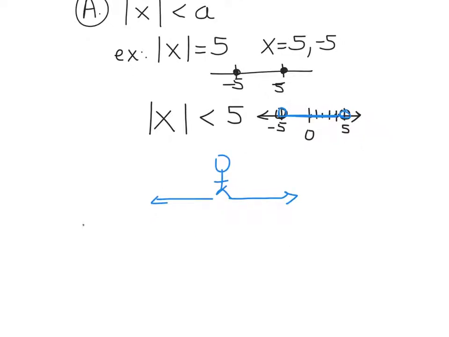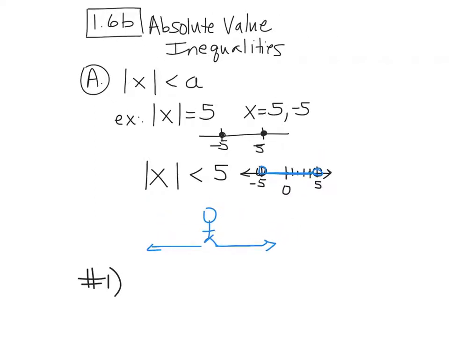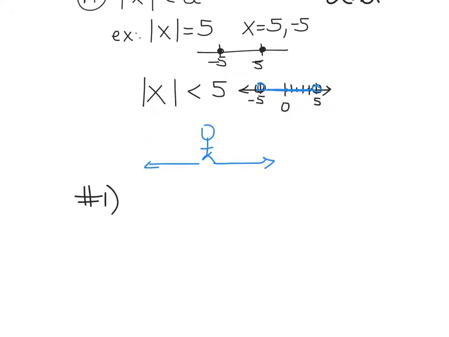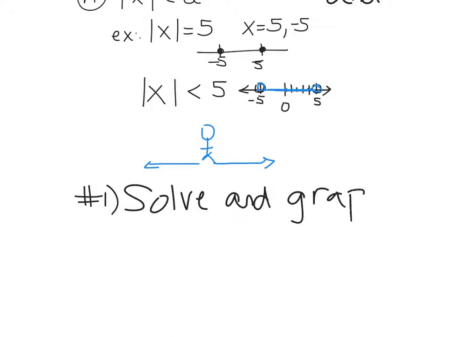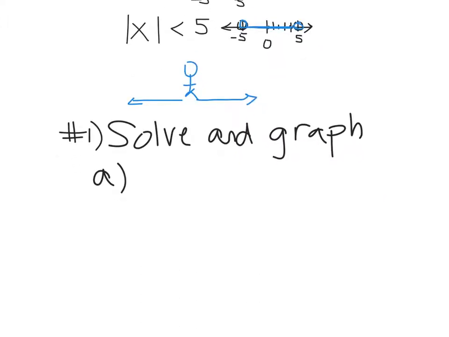A lot of times people will think of this as an and statement. It has to be greater than negative 5 and less than 5. So a lot of times people will think of these as and problems, less than and. So we're going to solve and graph. Let's have letter A. We'll do 2 of these. Let's have an absolute value like this. The absolute value of 2x minus 1